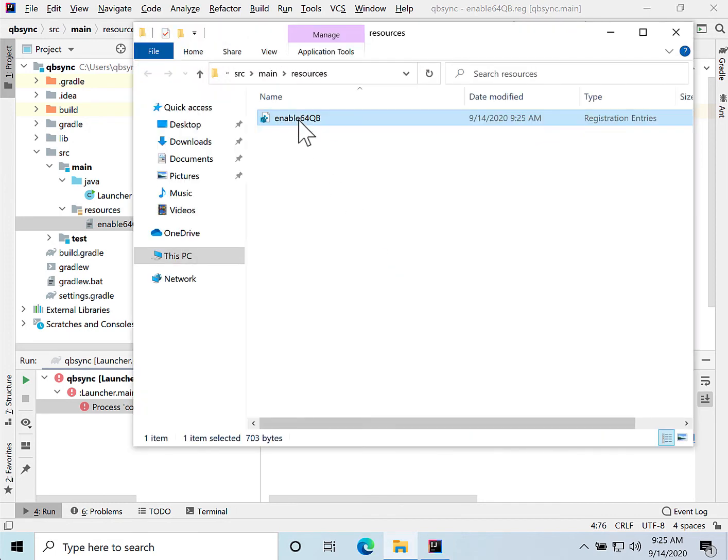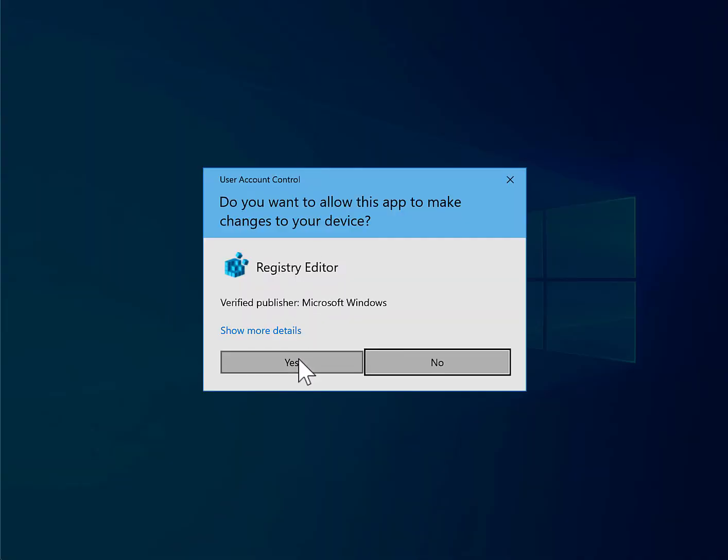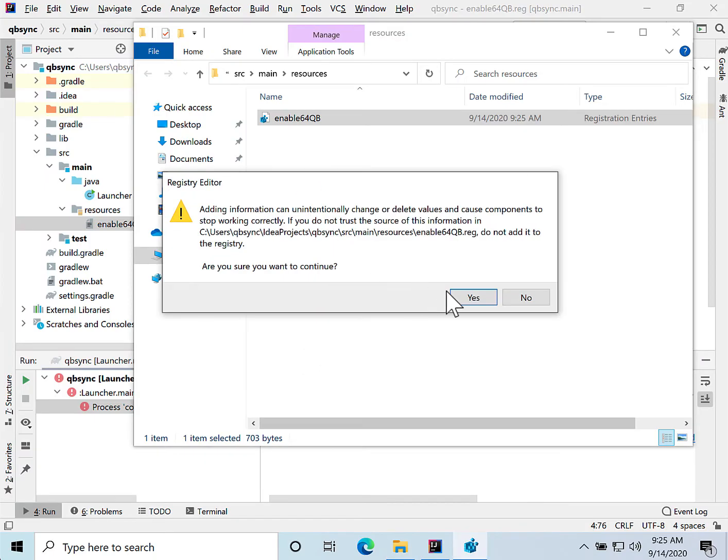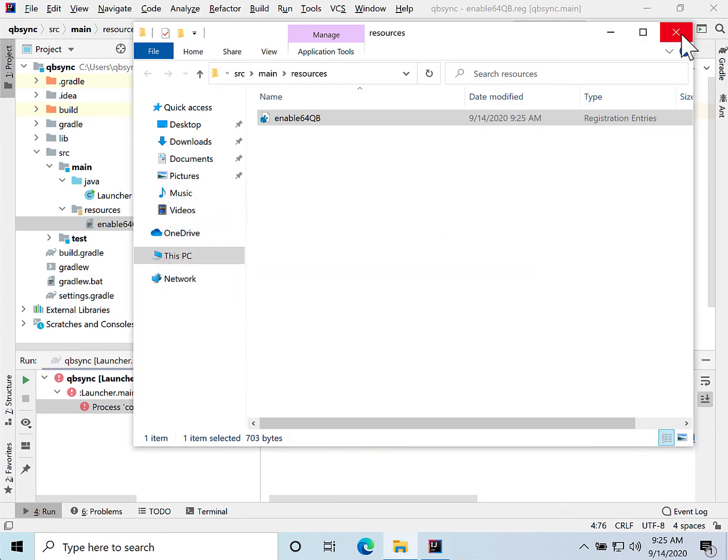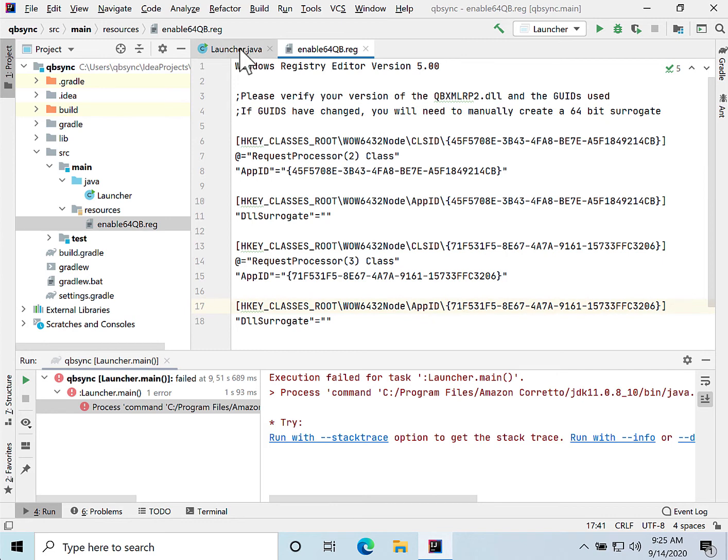And I'm going to double click and run the registry. You're going to go ahead and import the registry key, go ahead and allow it. And now if we go back to the application and we hit run,